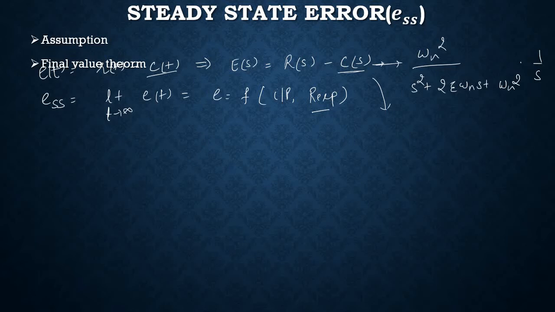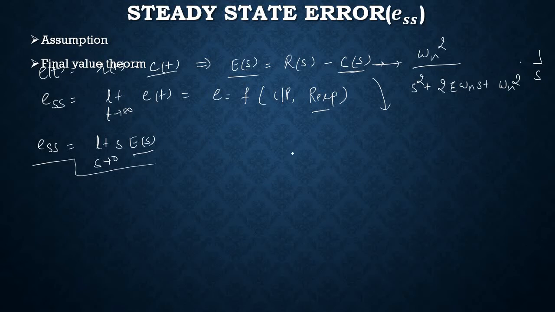In the final value theorem, when we calculate the steady state error, we just need to do one thing. You take the error of the system, multiply it with s, and then find the limit as s tends to 0. This is the final value theorem, and this is the way we can calculate the steady state error. But in this case you need to make sure that this e(t) limit and this s E(s) limit may or may not be equal. How? We can take it like this.